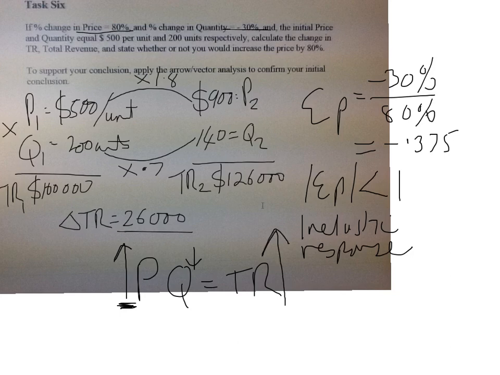Right. So we've got these two different methods. Have they given us the same answer? Yes, they have. In both, we show that the total revenue has increased. With one approach, we've got a quantitative answer, and in the other approach, we've got a qualitative answer. So everything reconciles, and all must be good with the world. All right, turning